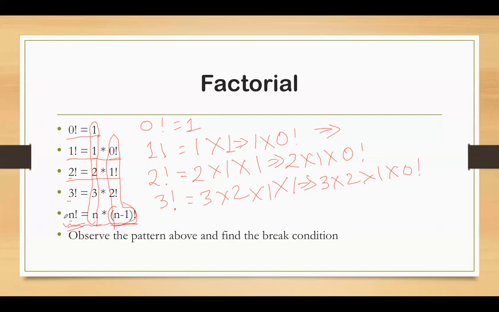So if we have to calculate n factorial, think of calculating the factorial of 3 over here: it will be 3 into 2 factorial. Then 2 factorial will be replaced by 2 into 1 factorial. 1 factorial will be replaced by 1 into 0 factorial. 0 factorial will be replaced by 1. In this way, we have reached the final digit that we want, and it can be replaced. Now we'll try to fit this understanding into recursion and see how it works.